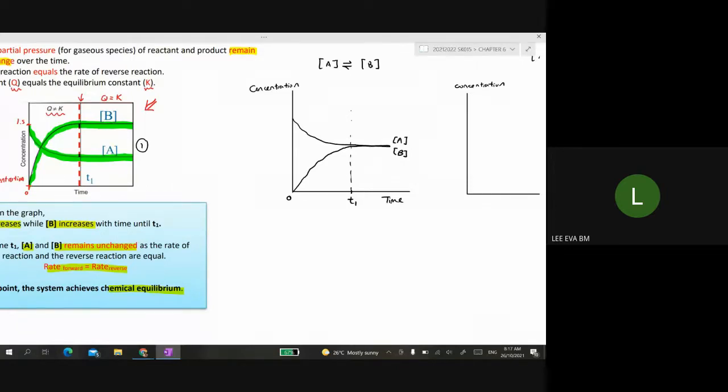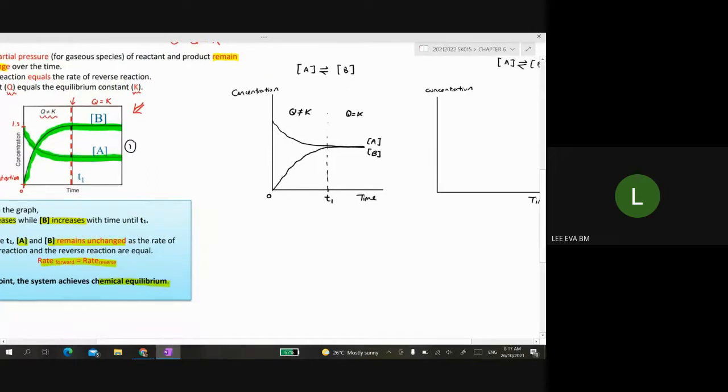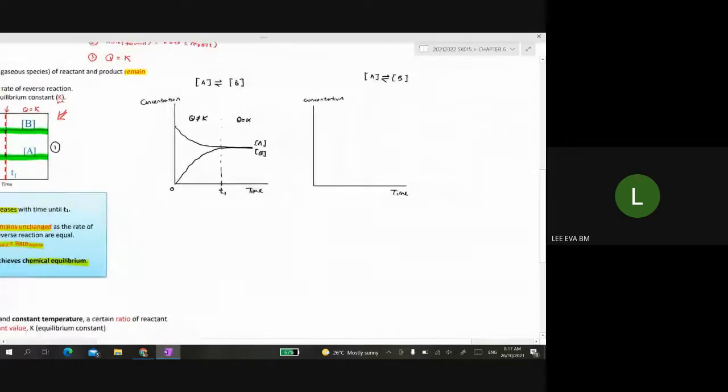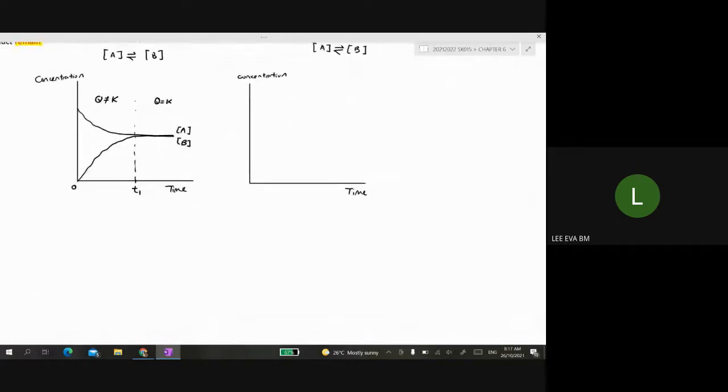So you can see three of these characteristics over here. So over here also Q is not equal to K. System is not at equilibrium yet. Okay. Another example, still with A and B. So let's say over here